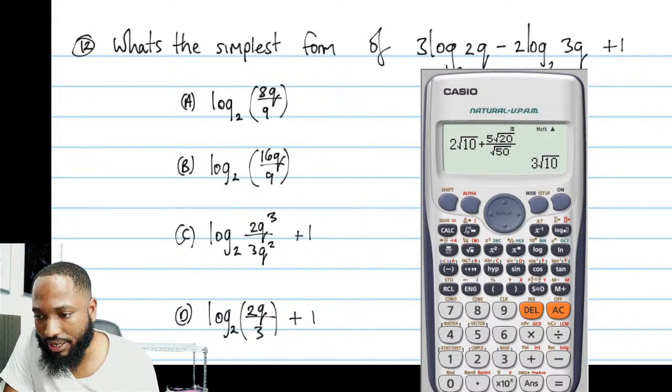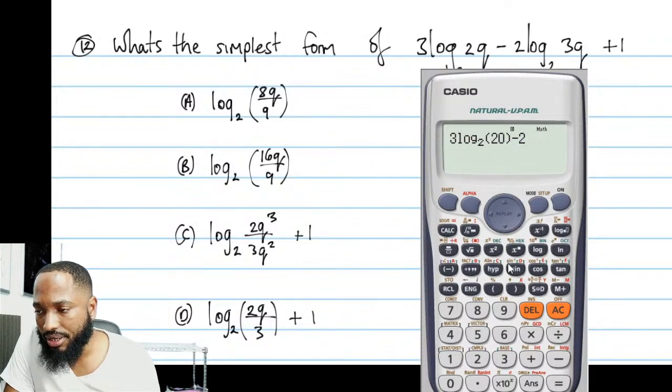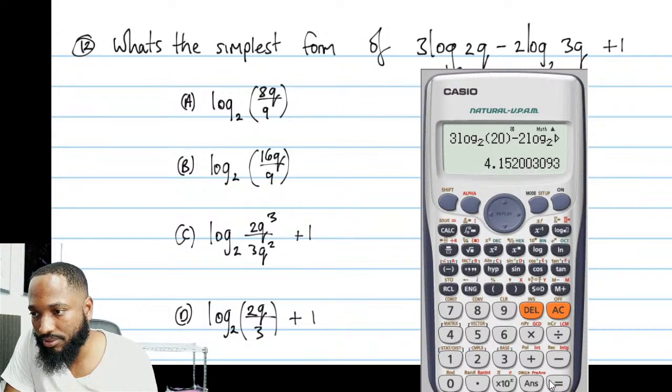Press on your calculator. Reset the thing. 3. Now if you're doing log to base 2, you need to press this one and indicate what base you're using. Some calculators don't have that function, so you need to know how to do change of base. I have a video on that, just look up logs. 3 log 2. Remember it's in Q equals 10 now, so that's 3 times 10 is 30, plus 1. So from this I'm seeing that the answer is 4.152. Just write that down somewhere.